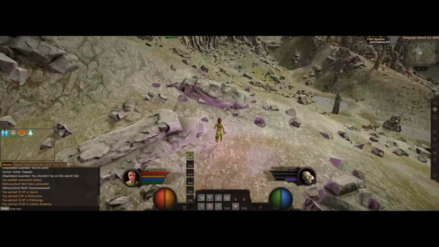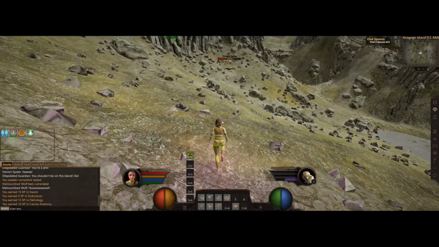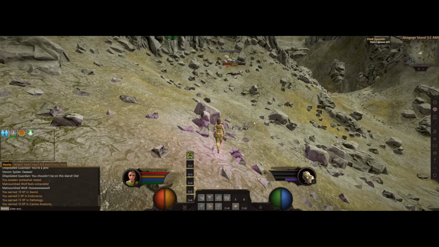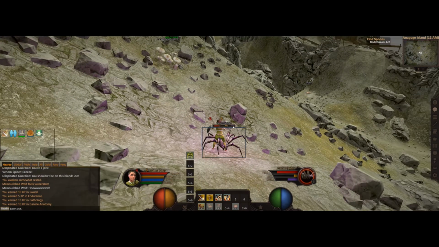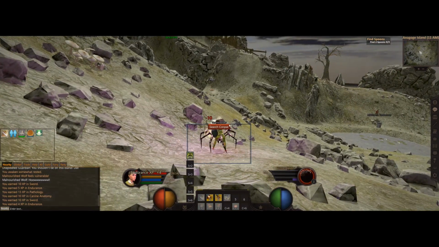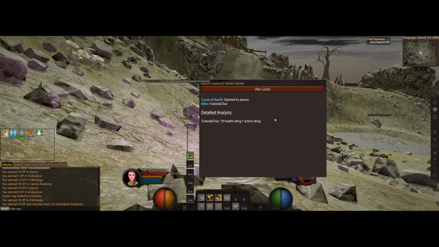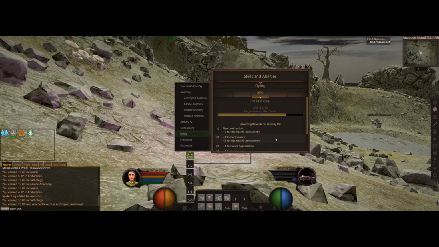But anyway, death in this game is a skill. I'll show you. Dying in this game isn't that bad. I'm probably not going to die exactly here. Just going to kill this guy, take his legs, and level up my arthropod here. But let me show you. I've died a couple of times already. Dying is a skill. It goes up from 1 through 50, and